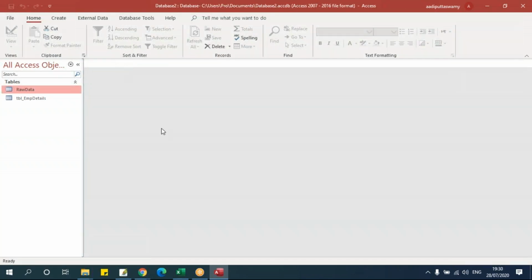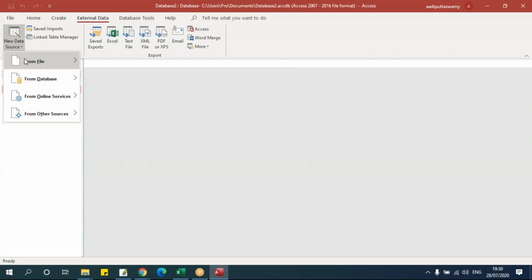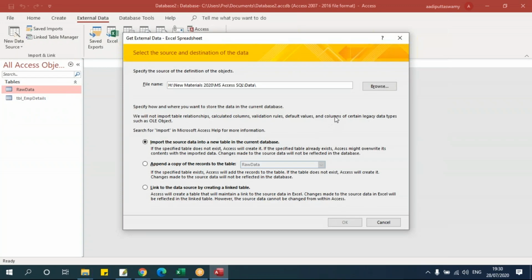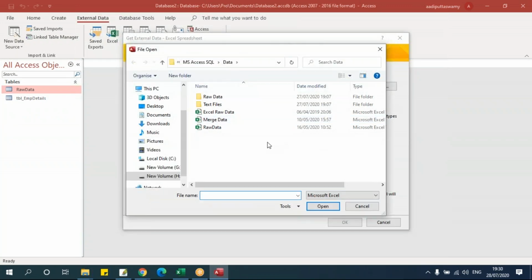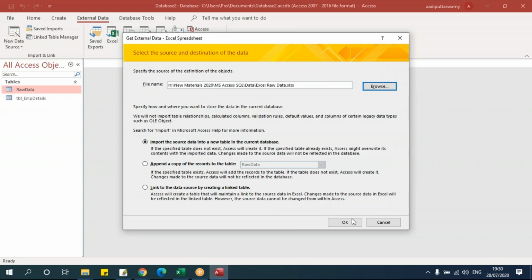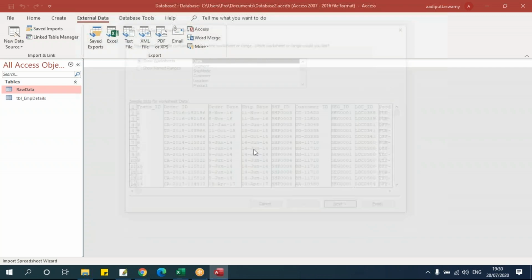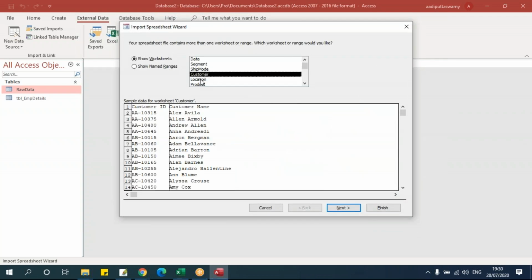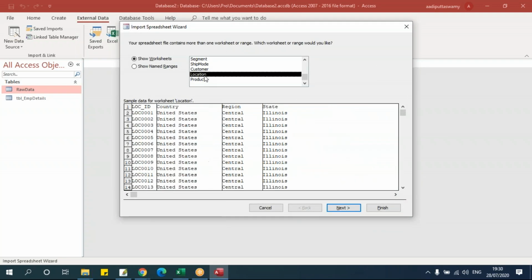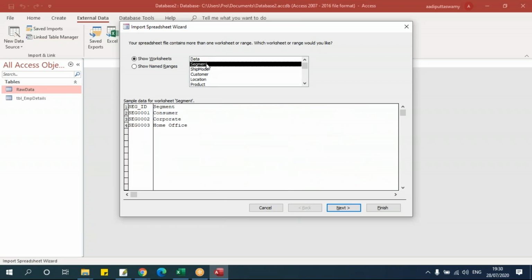This is to import the data, that is a single table. Now what if I want to import multiple tables from a sheet? Let's go to this external data. Again, let's select Excel only. I'll say browse. Here, let's select this workbook wherein I have multiple sheets. See, in Access, you cannot take multiple tables at one shot.